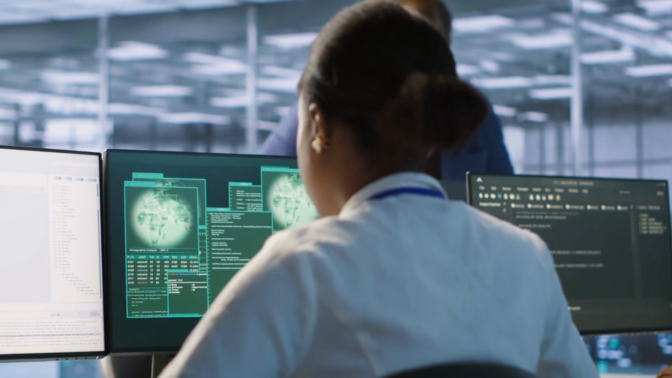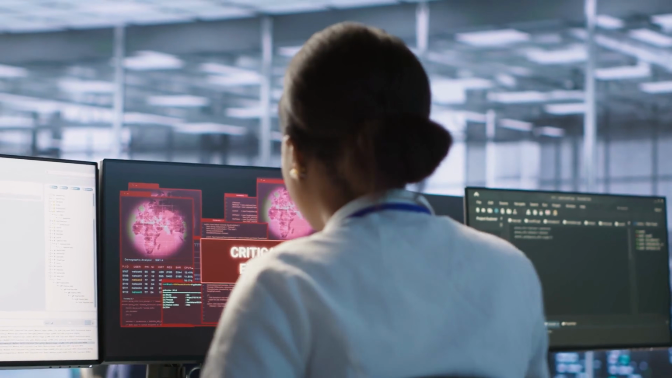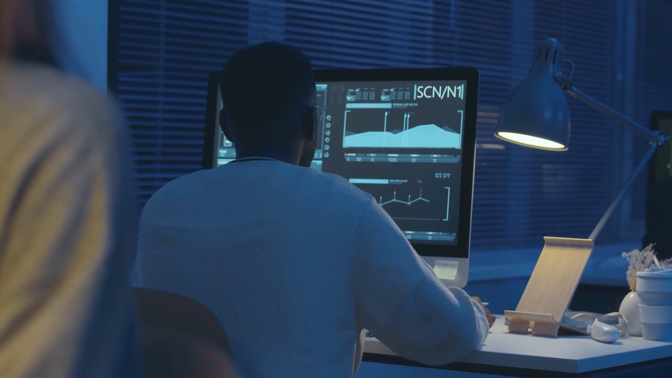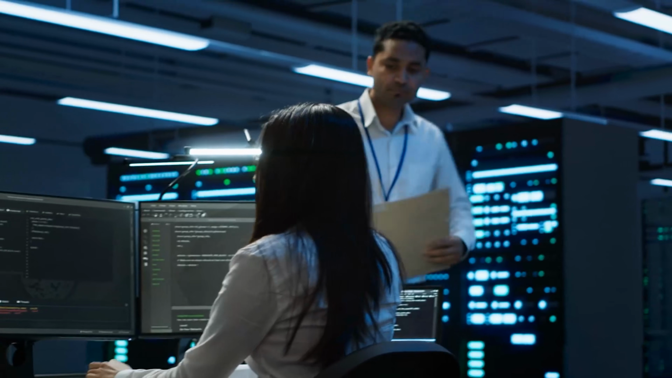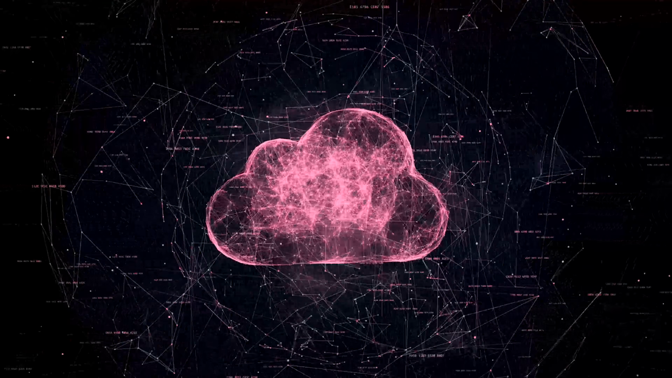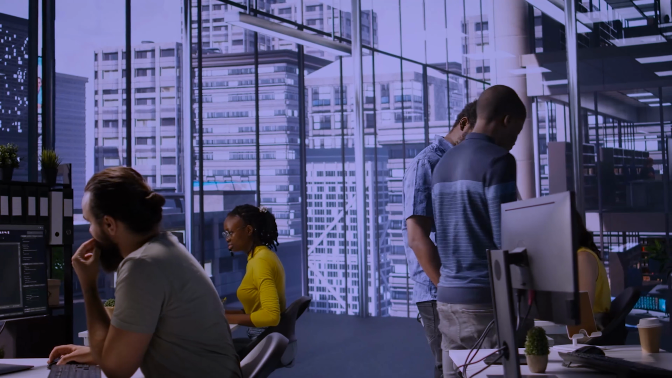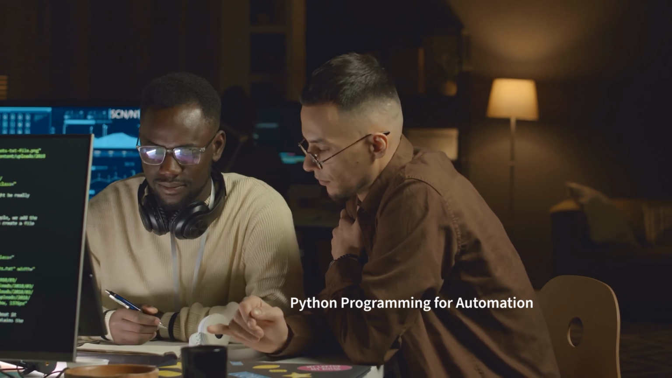Build a strong foundation and develop expertise to help protect organizations from cyber threats with the Google Cybersecurity Professional Certificate. You'll explore network security essentials, including how to identify vulnerabilities, secure systems, and prevent unauthorized access across both cloud and on-premise networks. You can develop skills in Python programming for automation, enabling you to build scripts that streamline security processes